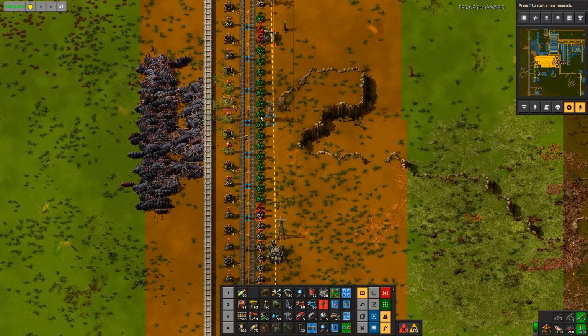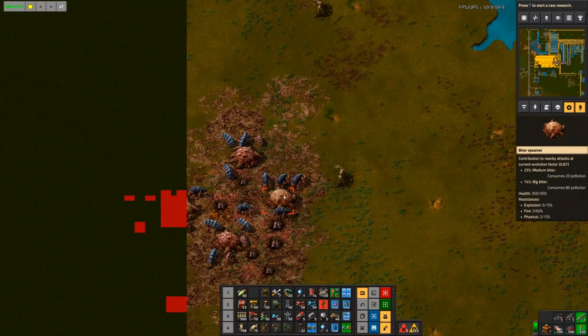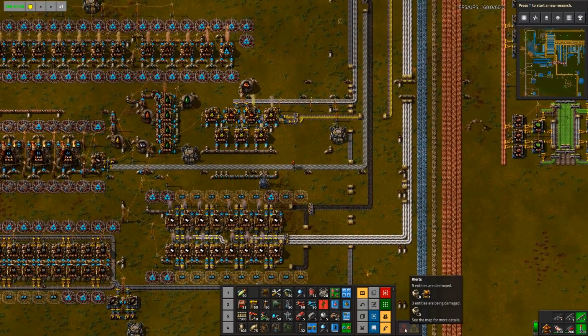Wall of lasers. Come help. Our evolution is up to 0.87. 0.9 is when things are going to start getting really bad. We're going to have behemoth bite us, which is going to be a...